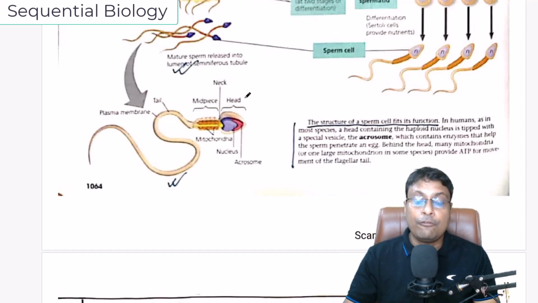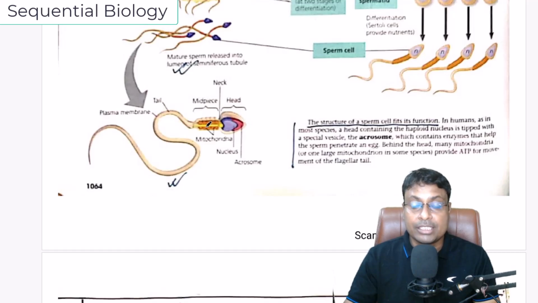And it has four specific regions: the head, neck, middle piece and the tail region. In the head portion the nucleus is present and the chromosomes in the nucleus are haploid. Just in front of this nucleus the acrosome is present and this is made up of different types of enzymes. The next part is the middle piece, and in the middle piece the spiral mitochondria or Nebenkern is present. After the middle piece the tail region is present, and this is a flagella-like structure, so our spermatozoa